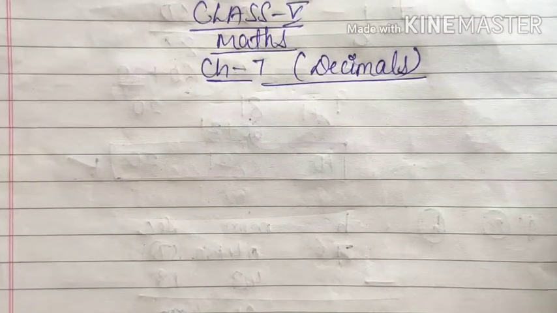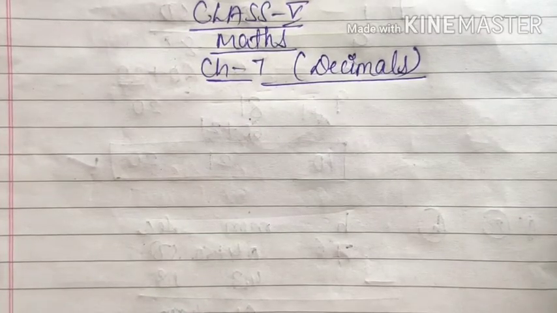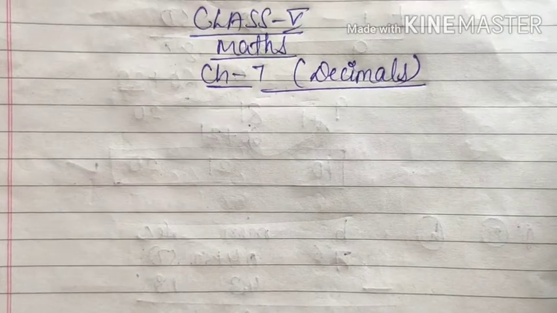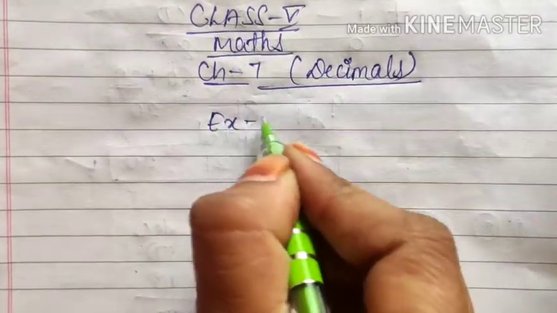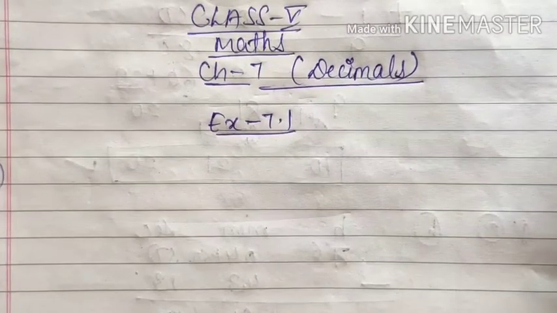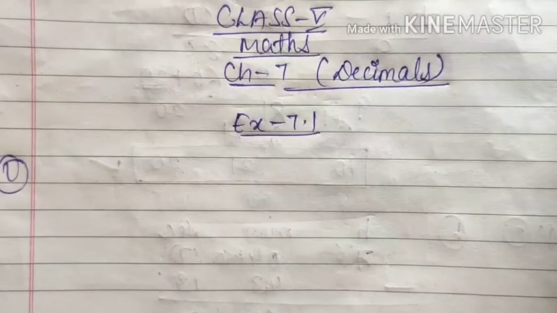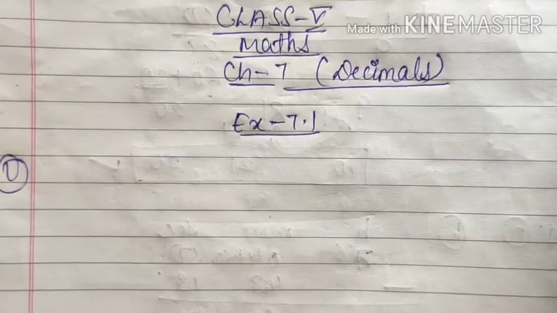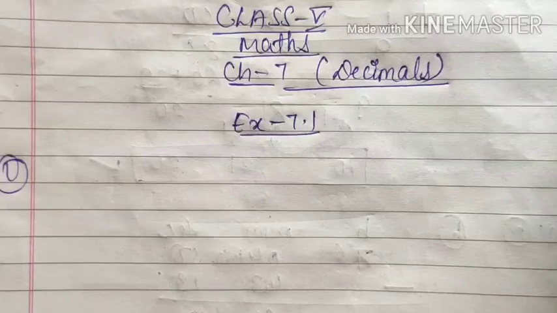In this chapter, let's recap. No exercise has been given, directly 7.1 has been given. In exercise 7.1, the first question is given as: write the following in numeral forms. Numeral means numbers. In first second chapter as well as in your previous classes, you have learnt that one number can be given and you may have to write it in words. Similarly, a number can be given in words and you may have to write it in numbers. So the same two questions we have here in exercise 7.1.